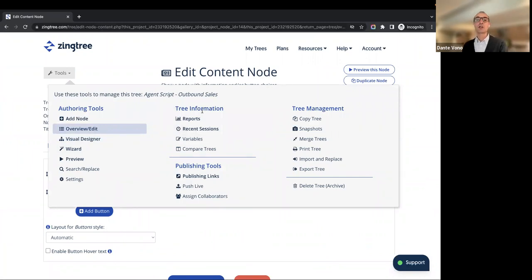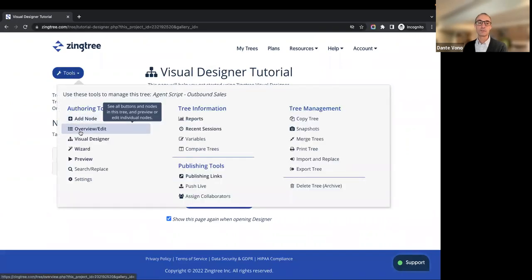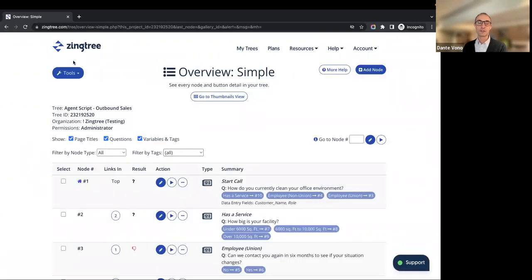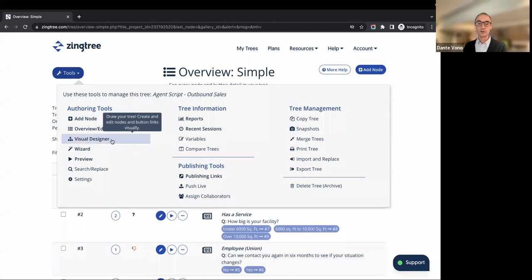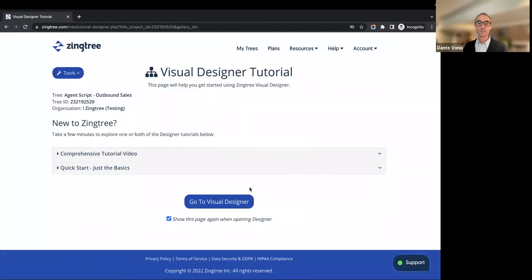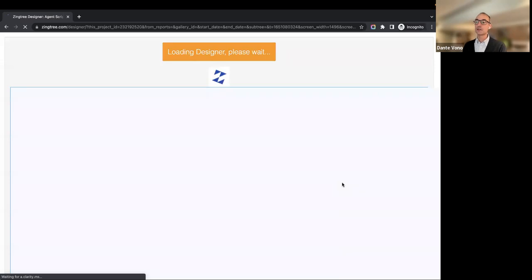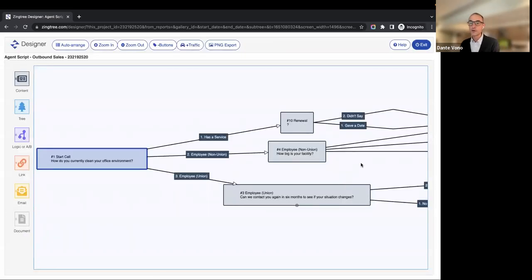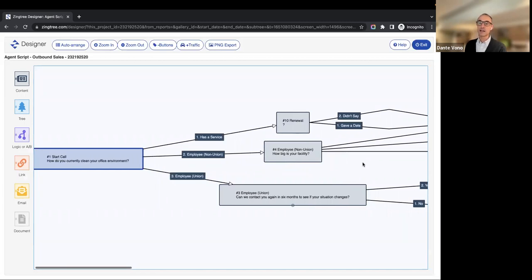So if you've had to check the logic of your tree, perhaps you've used one of the tools built into classic authoring, such as the visual designer. So let's try that. So remember, what we're trying to do here is, do 2 nodes go into 15? I need to see what's happening at node 15 and maybe add another option.